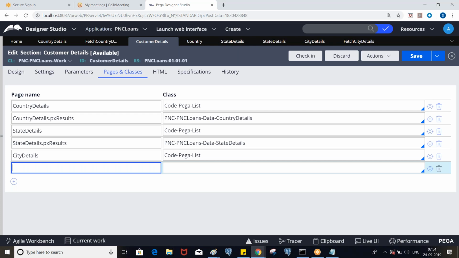Every time you use Obj-Browse, the structure will be like this only. Whatever page you specify will be created by referring to code pega list, and whatever class you specify, the results will be created by referring to that specified class. So now city details dot px results, and specify the city details.